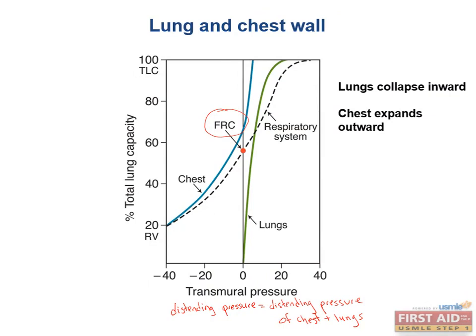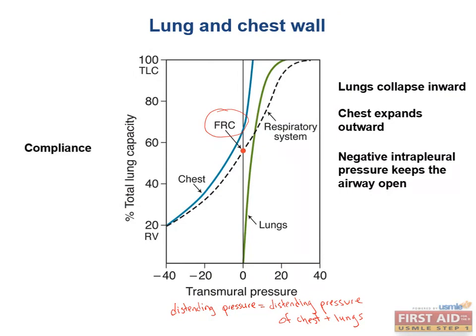By the way, why is intrapleural pressure negative? Negative intrapleural pressure helps keep the airway open. Please note that this is where the distending pressure of the chest wall is zero. This is called the resting volume of the wall, and it's about 50% of the vital capacity. This directly ties in with the concept of compliance that we